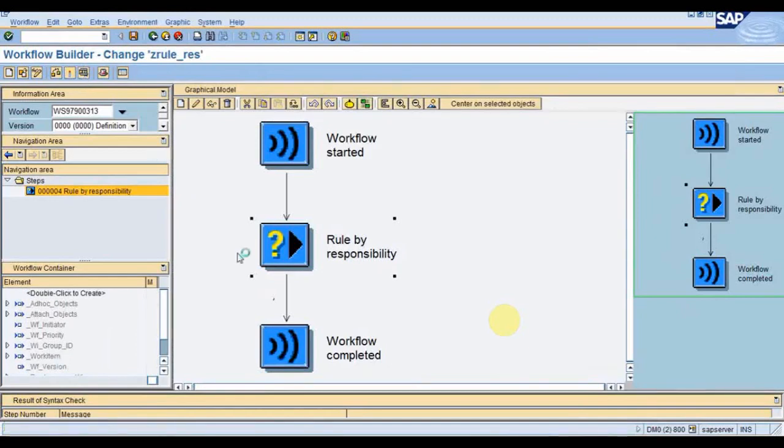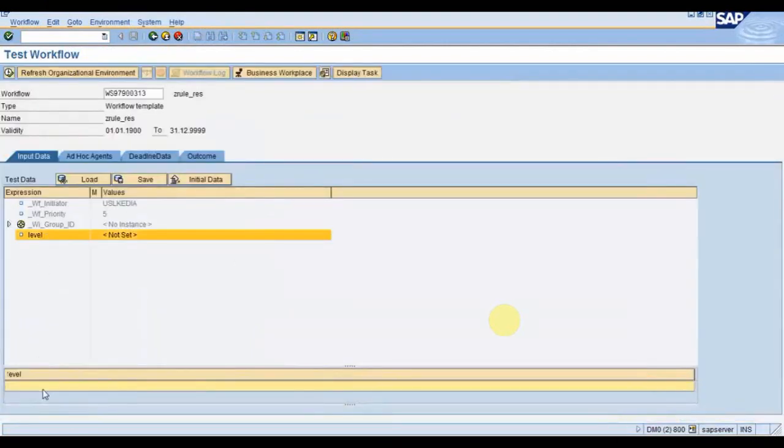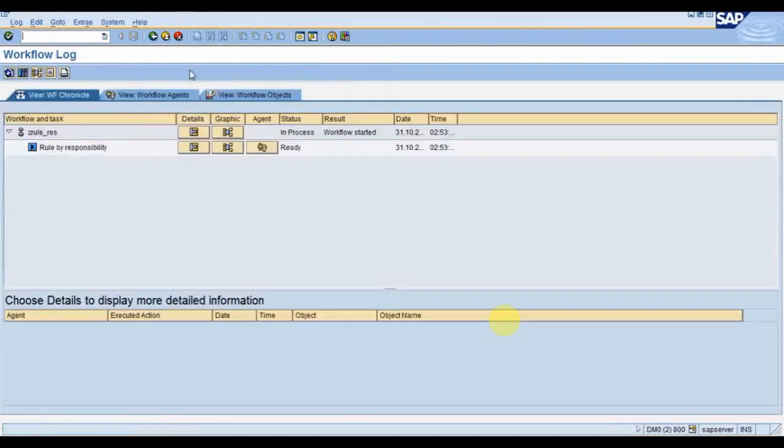Now I will test it. In level, suppose I give the value as 4. Now execute it. Now tell me who all will receive the work items. In agents, who all will be there? I have given the level 4. So what will the rule do with that 4? Means for the level 4, what will it return?